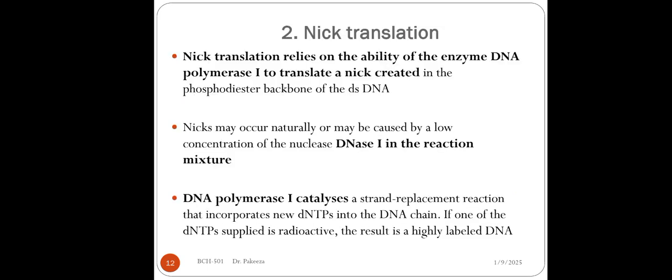The second technique for labeling purposes is nick translation. In this particular technique, we first create a nick. A nick is a missing phosphodiester bond. I have discussed with you earlier in the previous lectures the difference between a nick and a gap. So a nick is a missing phosphodiester bond, whereas a gap is a missing nucleotide or nucleotides. So first we generate the nick with the help of DNase 1, and then we utilize DNA polymerase 1